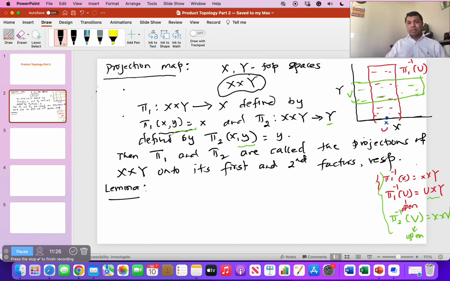Let's say I have two topological spaces x and y, and also two projection maps, pi 1 which is defined like this and pi 2 which is defined like that. Here is the statement. Again, I'm not going to prove this lemma, but you can take a look in Munkres' book. Okay, then the collection